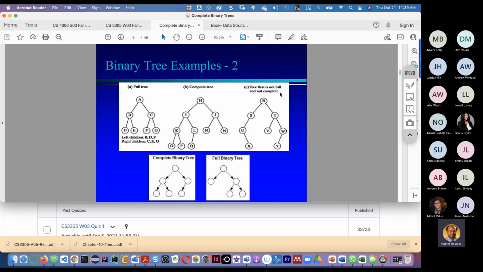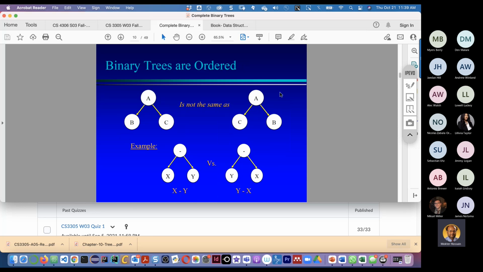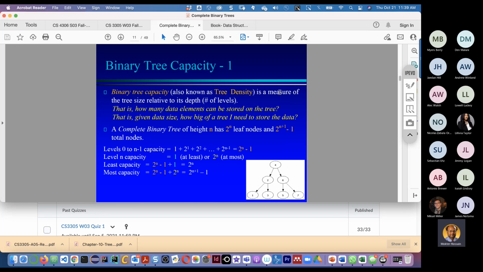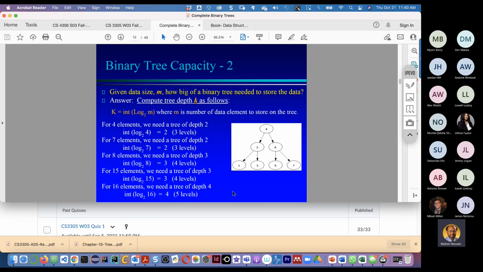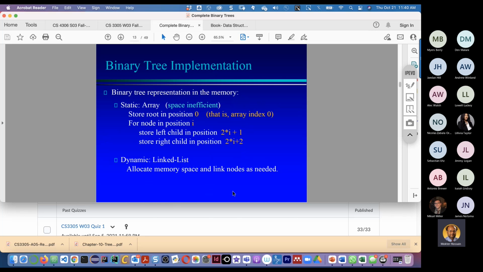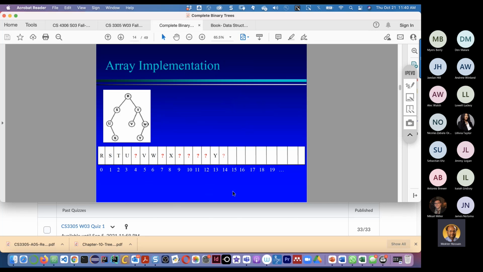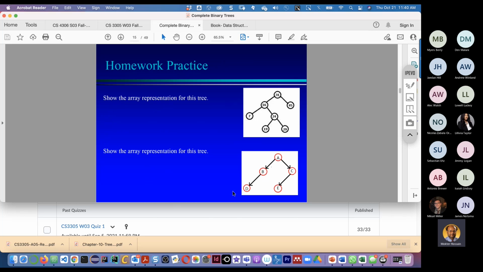There are some examples over here. In the last lecture I went through this: how to find the left child and right child, and the levels.